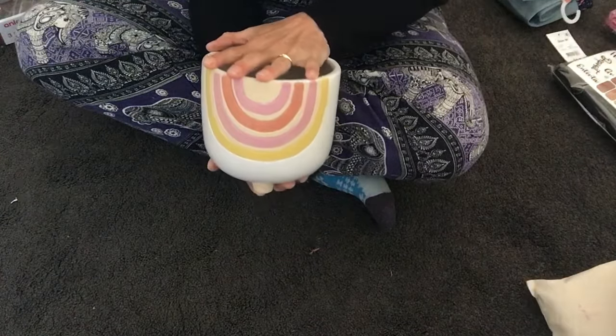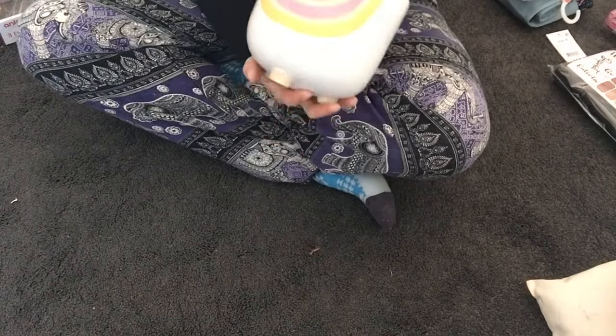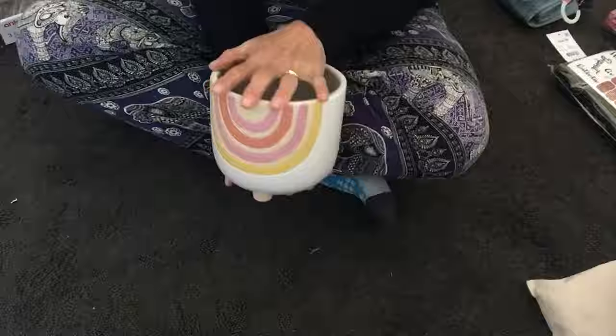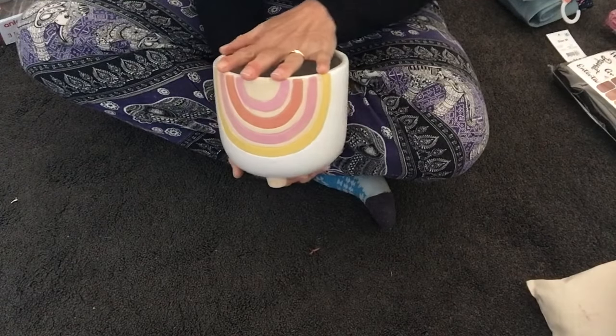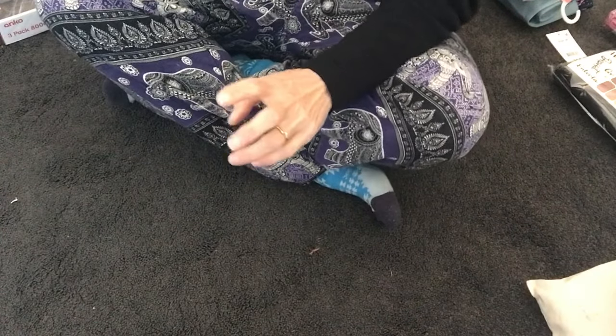That was more than $2. I think this was either $3 or $4 when I bought that from the secondhand shop. So that's cute. And if I don't think, oh, this will be right for Christmas, then I can just save it for a birthday gift for someone. So that's two things. Also throughout the year, and normally it's right after Christmas that I find these things, I